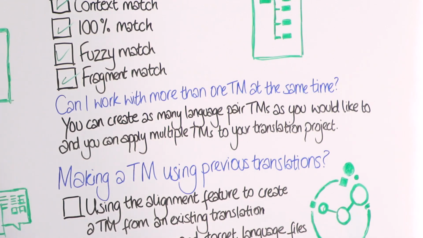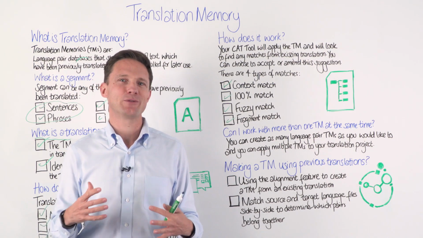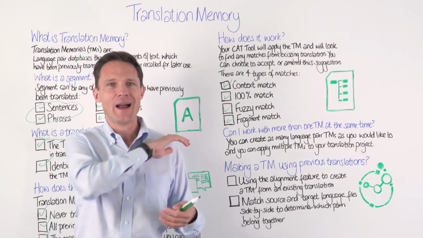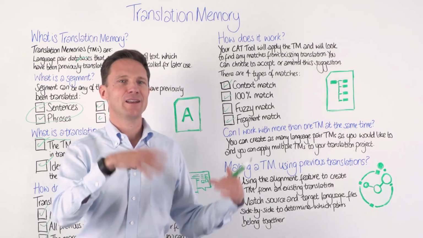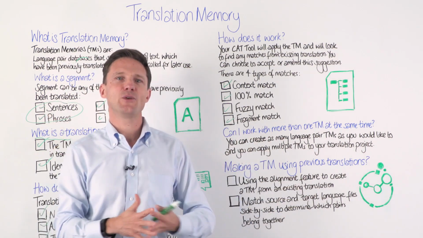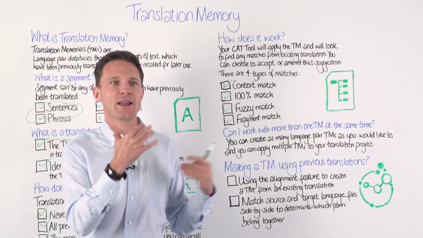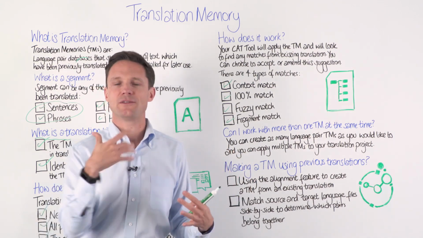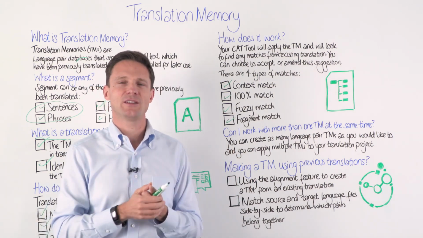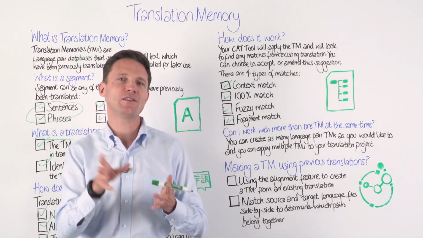One question that gets asked often is, can I work with more than one translation memory at the same time? Why would people ask that? Over the years, I've seen all sorts of different approaches. People might store everything they translate, no matter what client, whether it's marketing or legal, and everything goes into one translation memory, and you work from there. But other people create different translation memories for different clients and different types of content. But you might still want to be able to use them all because you never know where a match might come from.